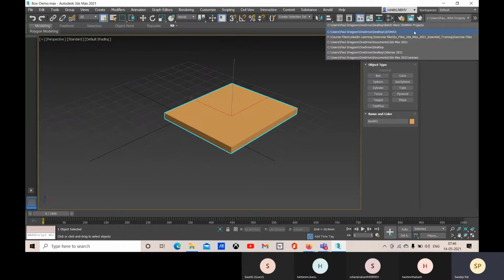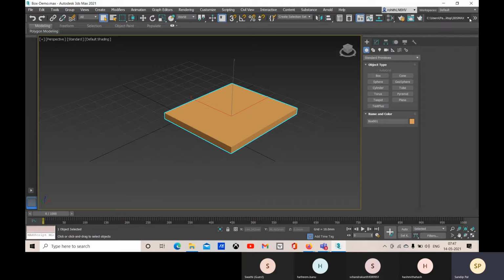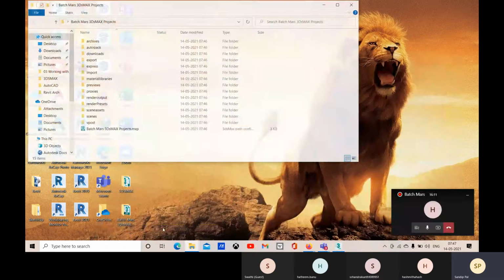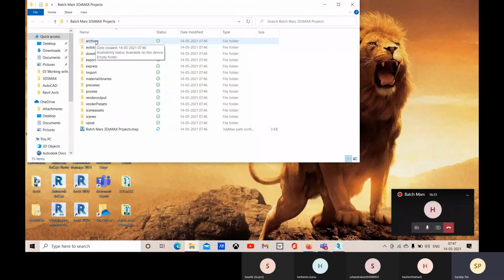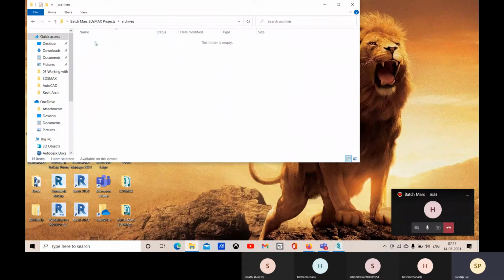So for this, you can choose either this desktop, this project folder. Okay. So this one is created, batch merge 3ds Max, and here you can see that all these things are created. This file folder, all these folder structures has been created, and these are the paths.